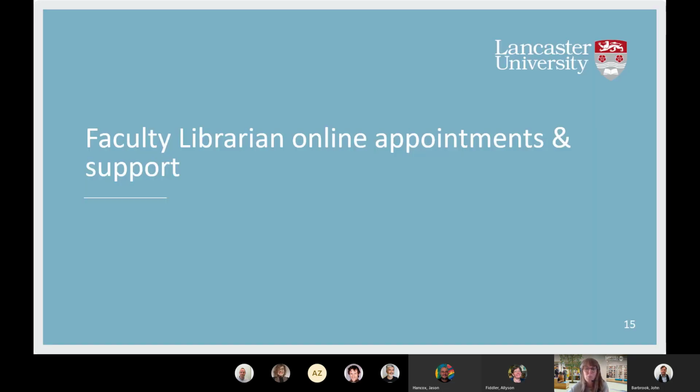So before we go on to the learning developers, and I'll keep an eye on the time, this is really about signposting students to support via John and I, the faculty librarians for FST, but it's the same across the faculties.